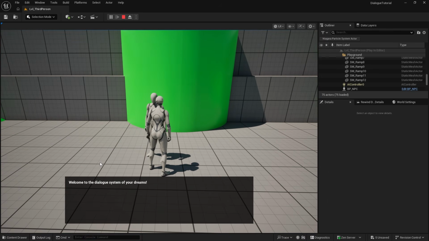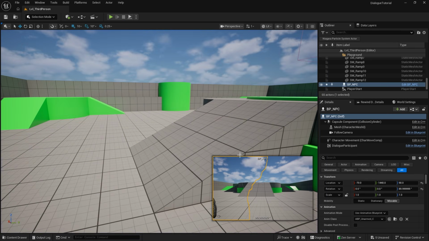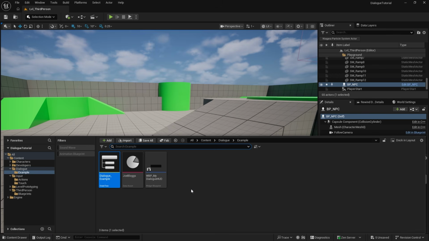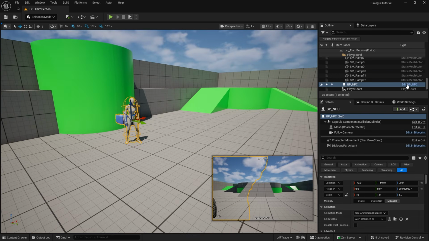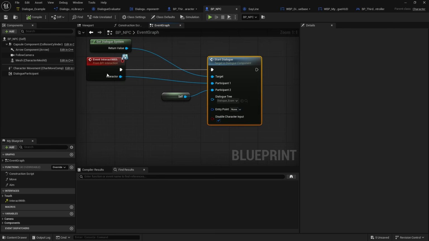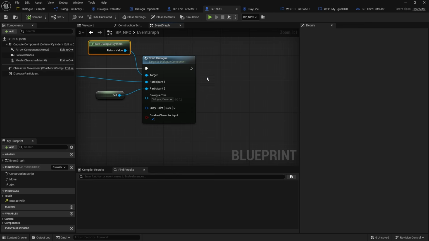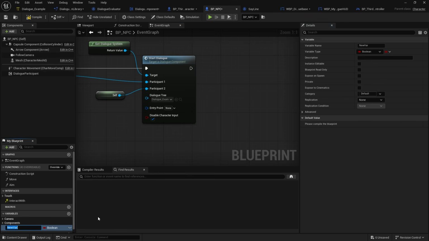Hello there. Welcome to the dialogue system of your dreams. Away it goes. So let's think about that revisit entry point then. If I go to my NPC over here, this entry point is set to none. But if I say, well, over here, I've really spoken to him, maybe I want to have a boolean on here, say like, has spoken to, for example, and we'll set that to